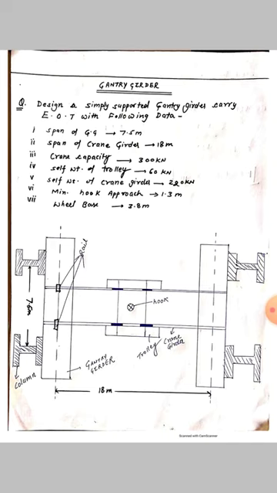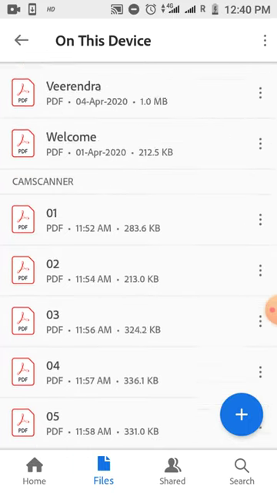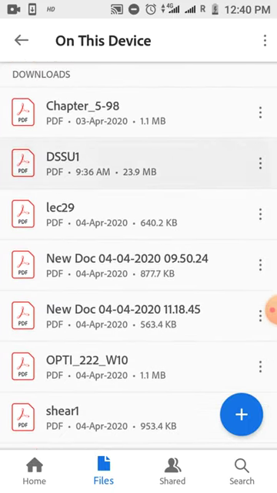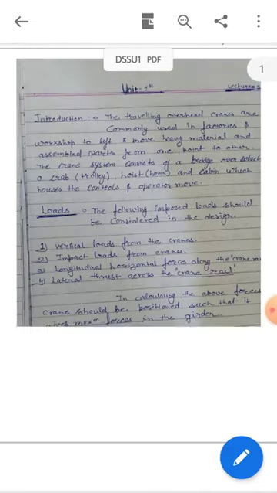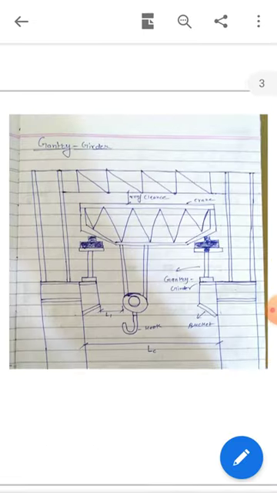First is span of gantry girder and it goes till wheelbase, which is given 3.8 meter. For understanding these different terms, we have to first understand the different components of a gantry girder. For that, I am showing a figure, a front view of gantry girder. In that figure, you will find various components that are attached with each other to act as a gantry girder.